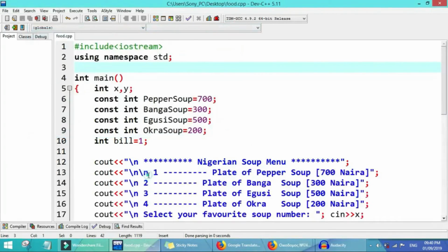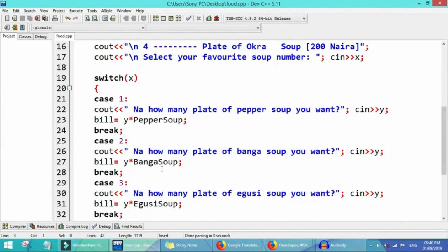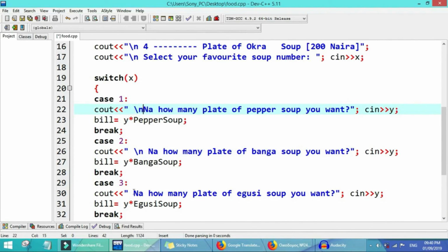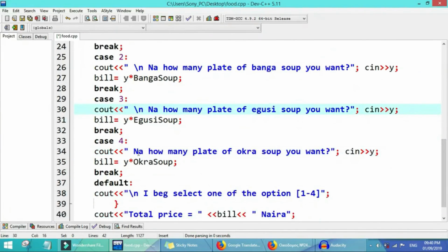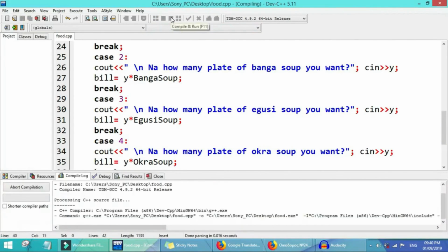We can add 1 line space between these options, though even this one is fine. Let me run it again.